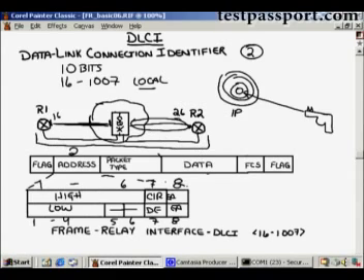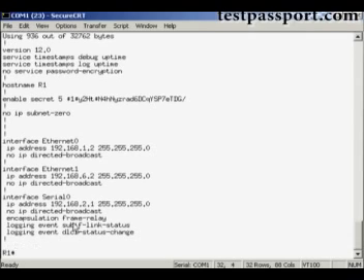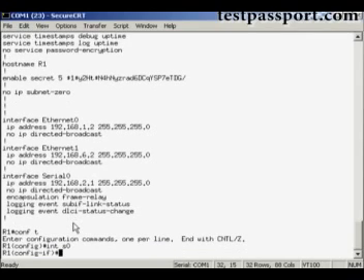Let's take a trip back into the router so that we can complete the second of the 2 mandatory commands to make basic frame relay work. Remember that the first one was we find a serial interface and we set its encapsulation type to frame relay. Now what we need to do is set up the DLCI on that interface. So here we go. I'm going to get into conf t, interface serial 0, and at this point I'm going to type in the command